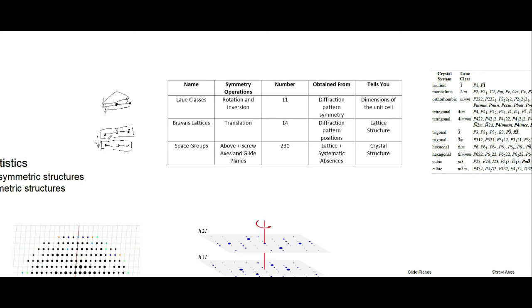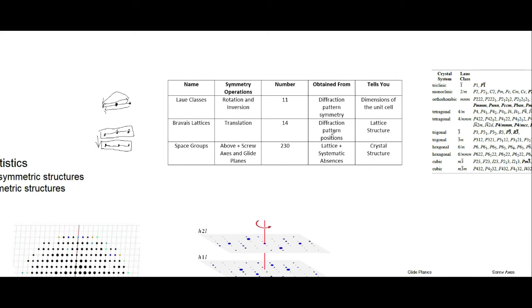And so that's how we can get what are called our Bravais lattices. Once again, Bravais. I've only ever seen that written. So Bravais lattices, and these are obtained from our diffraction pattern symmetry, like I was talking about down here,